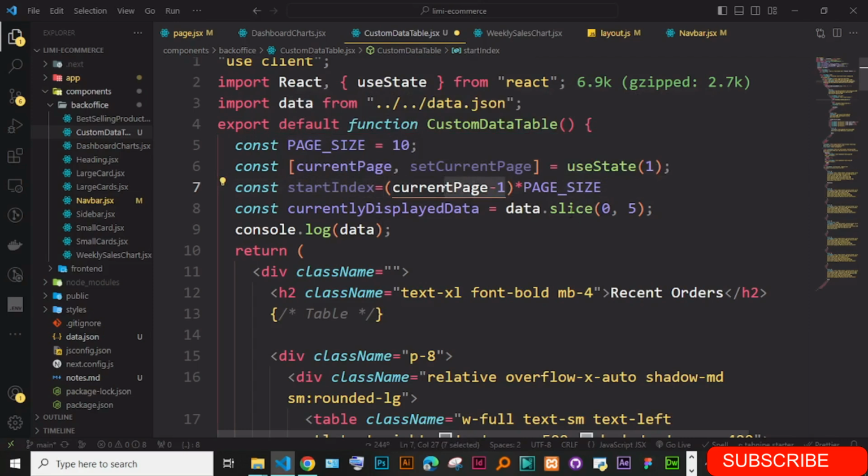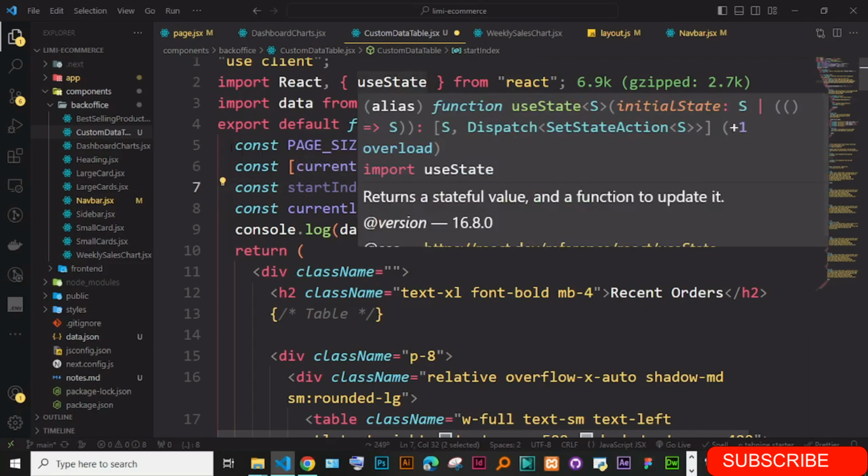Now this slice, if you look at this slice, takes the index as a number of the first item, like in an array. Since arrays are 0 based, we couldn't start our pages from 0, we started from 1. So to get the index, we have to go to a 0 based index. Arrays calculate their first item to be on 0. So wherever we have the current page, we subtract 1 to cater for the 0 based architecture for